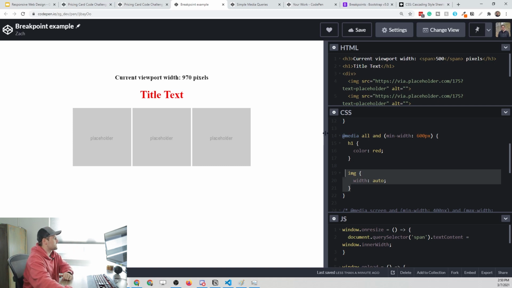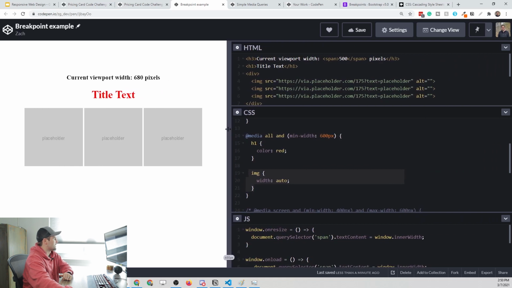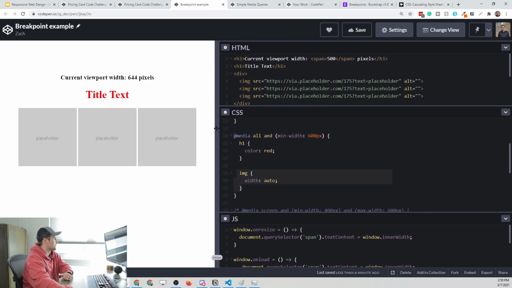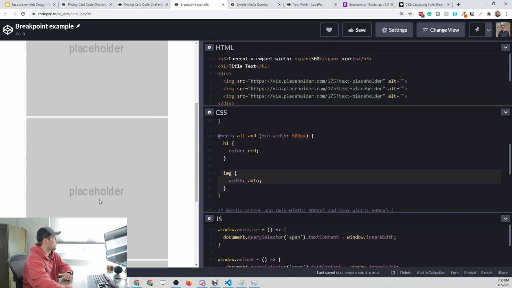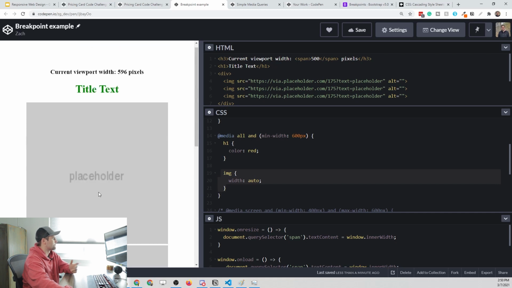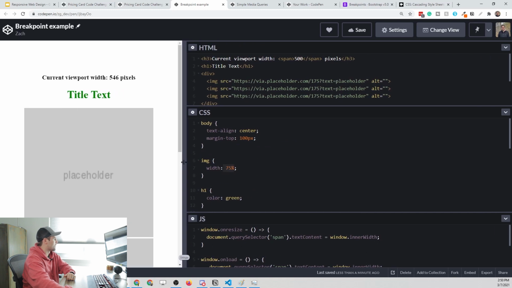So as we resize this, we get closer and closer to 600, it's going to change. So watch what happens when we get below 600. Right there, you'll see that the images went to 100% width, or not 100% width, 75% width, and they're going to stack on top of each other because they no longer fit next to each other on the screen. So that's a good example of a basic CSS breakpoint and how we can use it to rearrange the layout